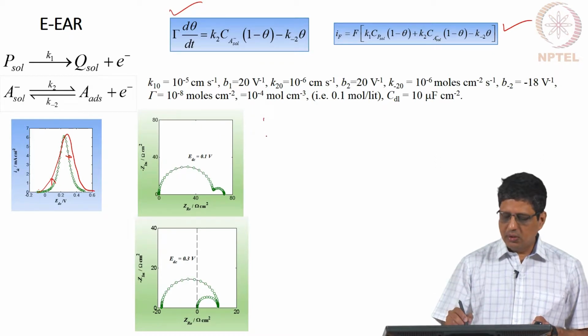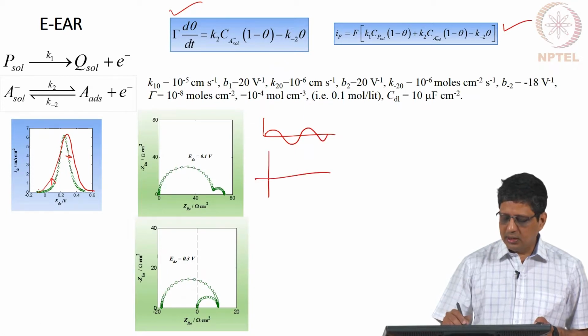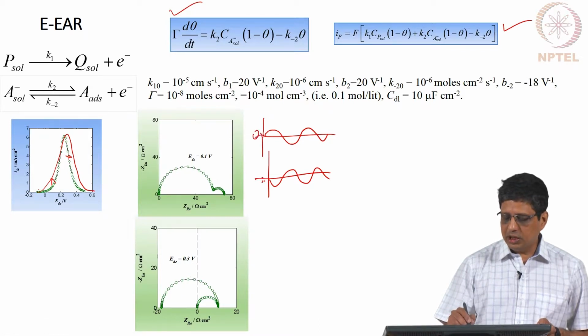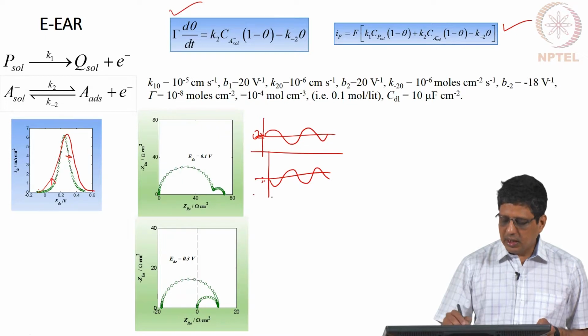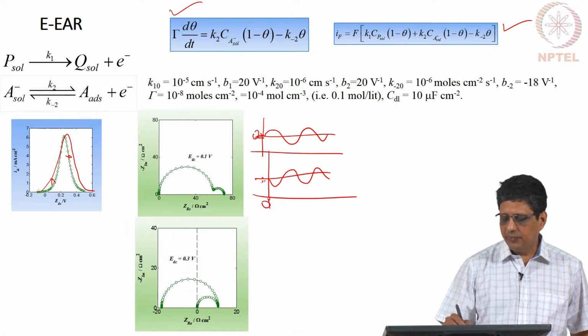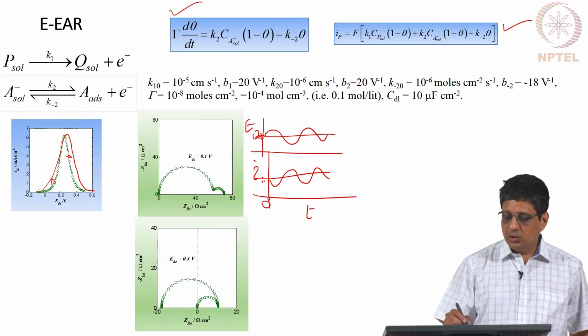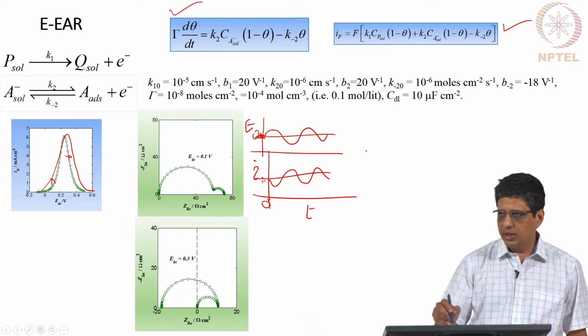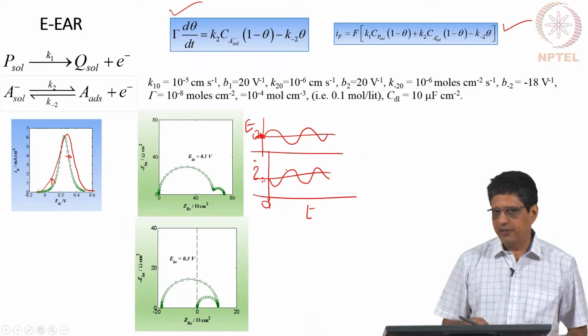So, negative differential resistance means that if this is the potential, the current goes like this, but this is not 0, this has to be some large value, this is all positive and this is also all positive. So, the origin is somewhere here, this is time, this is current, this is potential. When you have an AC potential going like this, the current also goes, but with an opposite phase.